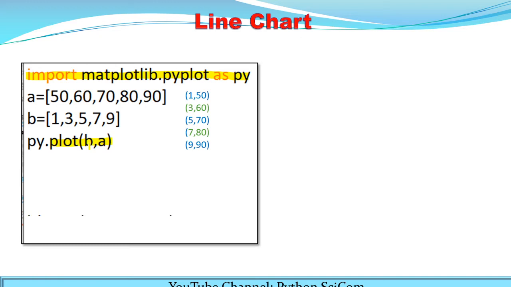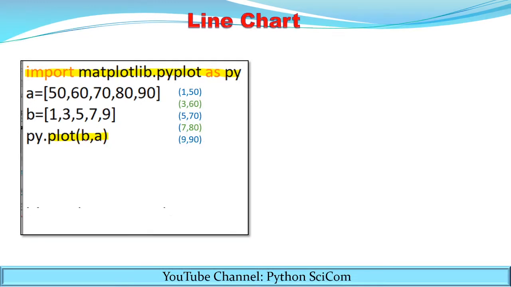Now b here, the first parameter, will be used for the values on the x-axis, and the second parameter a will be used for the values along the y-axis. So the list b will be used for the values along the x-axis, and the values along the y-axis will be accessed from the list a.